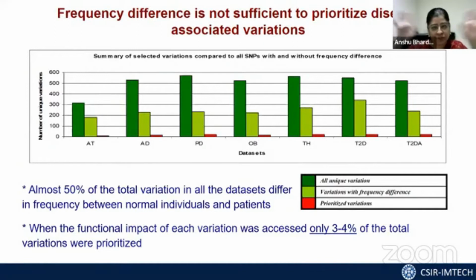So when we applied this whole algorithm on the 600 plus individuals, whole genome mitochondrial DNA data sets, we could prioritize only 3 to 4% of total variations. So it's not 500 or 600 between any two individuals. We could prioritize a very, very small set.